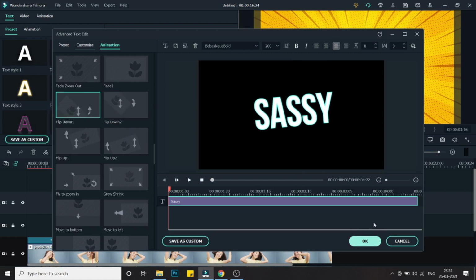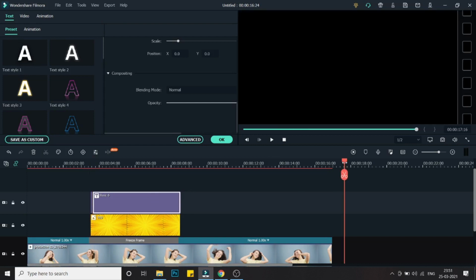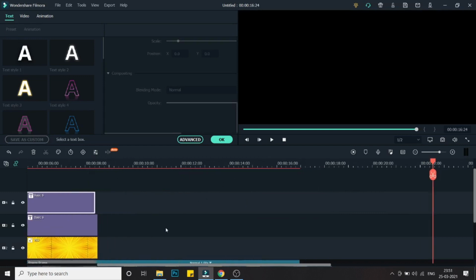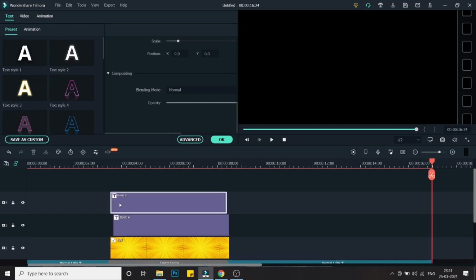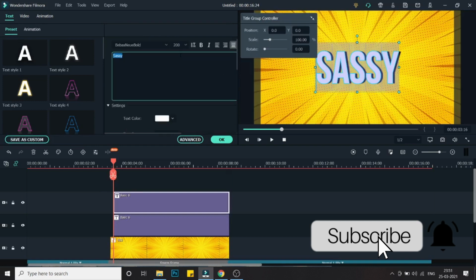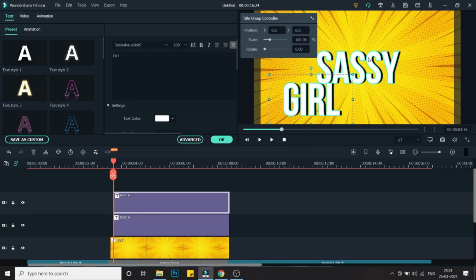Let's use flip down 1 and click on OK, and we will just copy this and paste this again, and I'll just change the text to sassy girl and maybe place it over here.